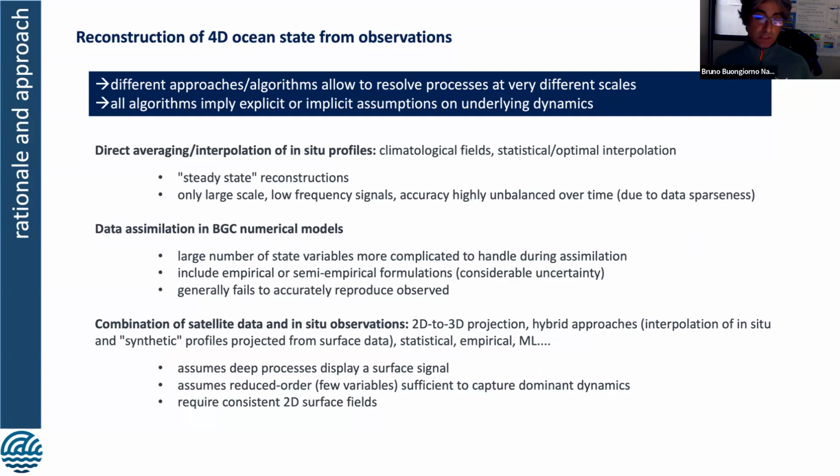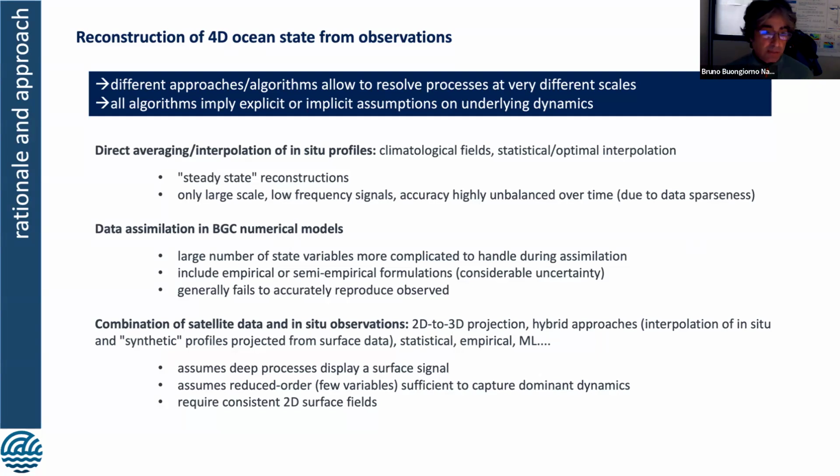Also, the time series built by simply interpolating in situ profiles can be extremely unbalanced in the accuracy they achieve in different parts of the world, due to the sparseness of the data and to the different platforms that